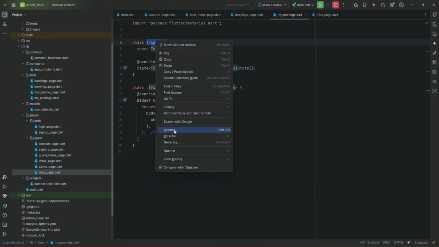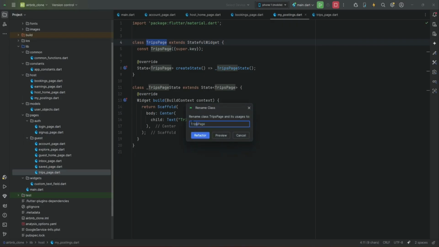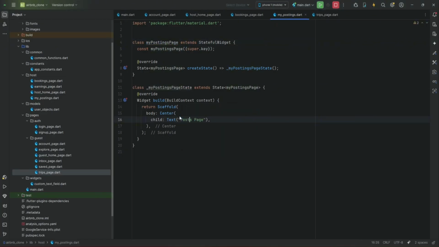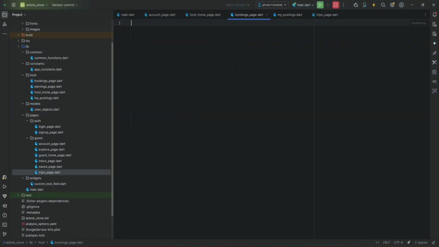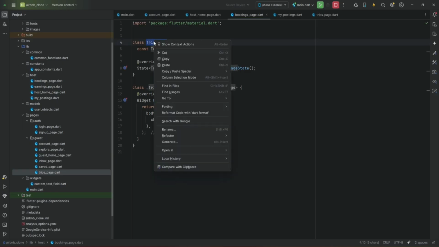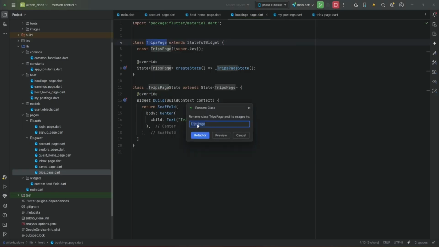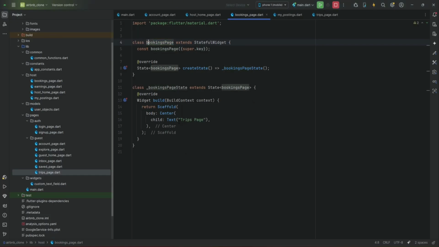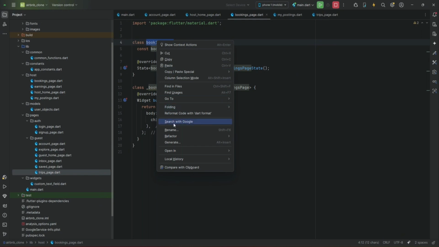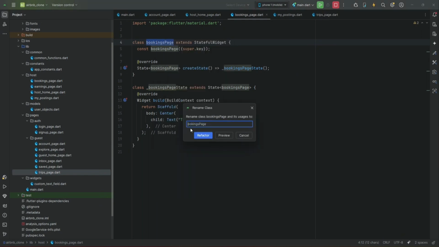Then the my postings page. And then the bookings page. So now